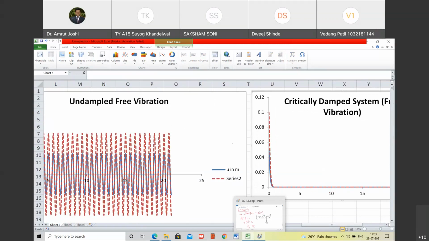No, where is it same? No, I'm not comparing two critically damped systems, one moved by 100 mm and another moved by 50 mm. That is not the comparison. I am comparing a critically damped system where the mass is taken towards right by 100 mm and then released, and I am comparing an undamped system where the mass is taken towards right by 100 mm and released.